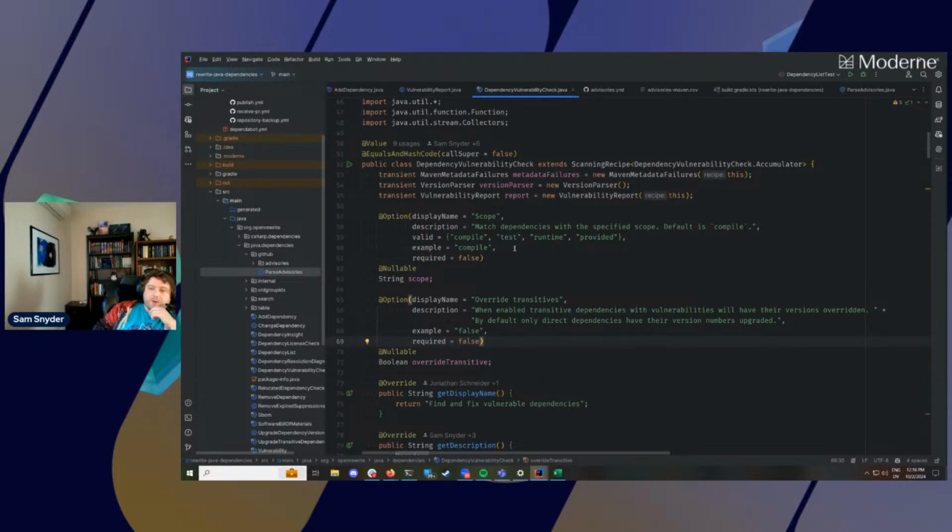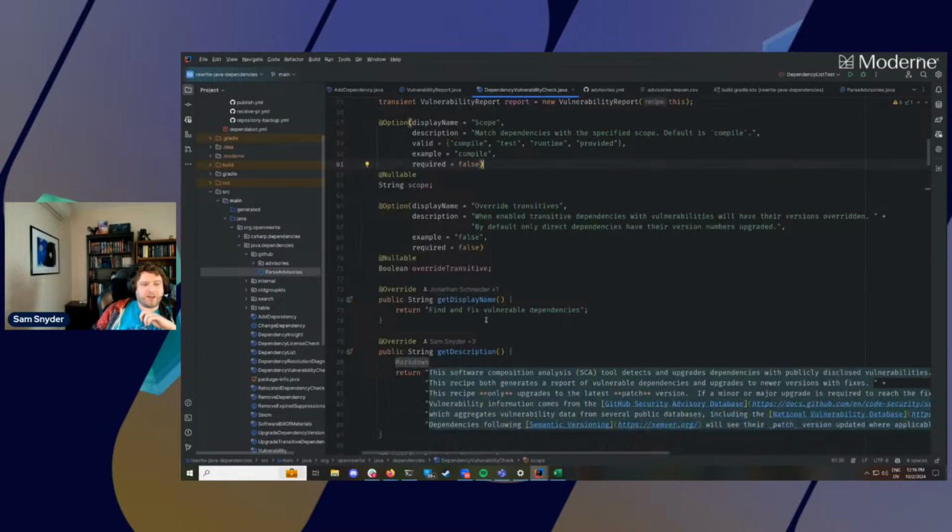make requests of it. Although I will point out that if you do have the recipe making requests, it's going to do that for every repository it runs on. So if you were to, for example, use the Moderne SaaS to run a recipe on 1,000 repositories, you would be making at least 1,000 requests to the service as each copy of the recipe, when executing, went to make an HTTP call. So it'll be kinder from a load balancing perspective if you use a data source that is embedded with the recipe itself, as we have done here.